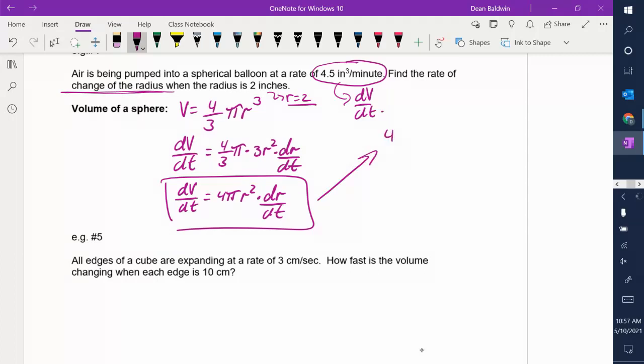So dr/dt per minute is equal to 4 times pi. r is 2 inches squared. Running out of room. Equals 16 pi. And